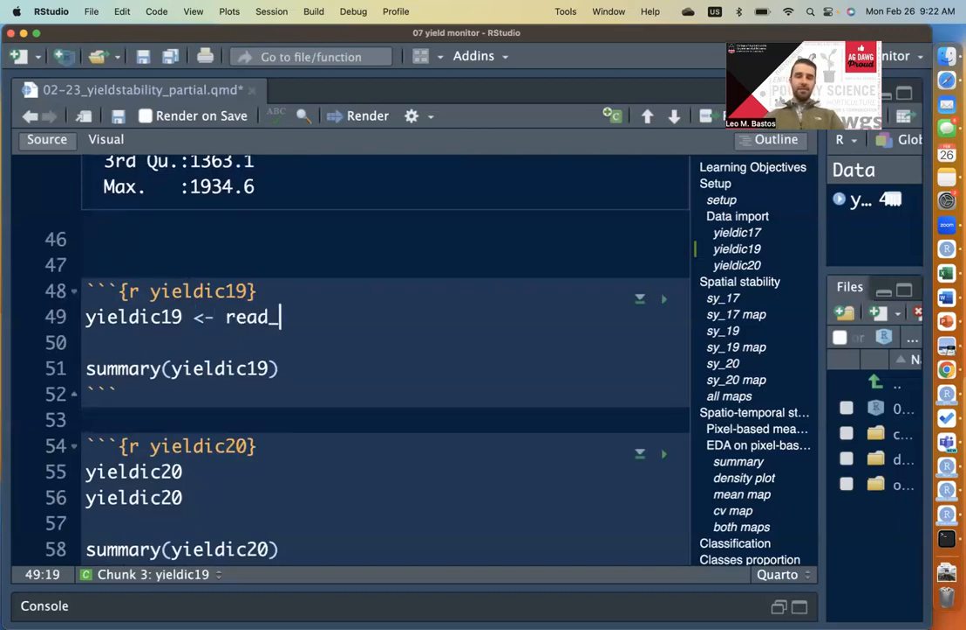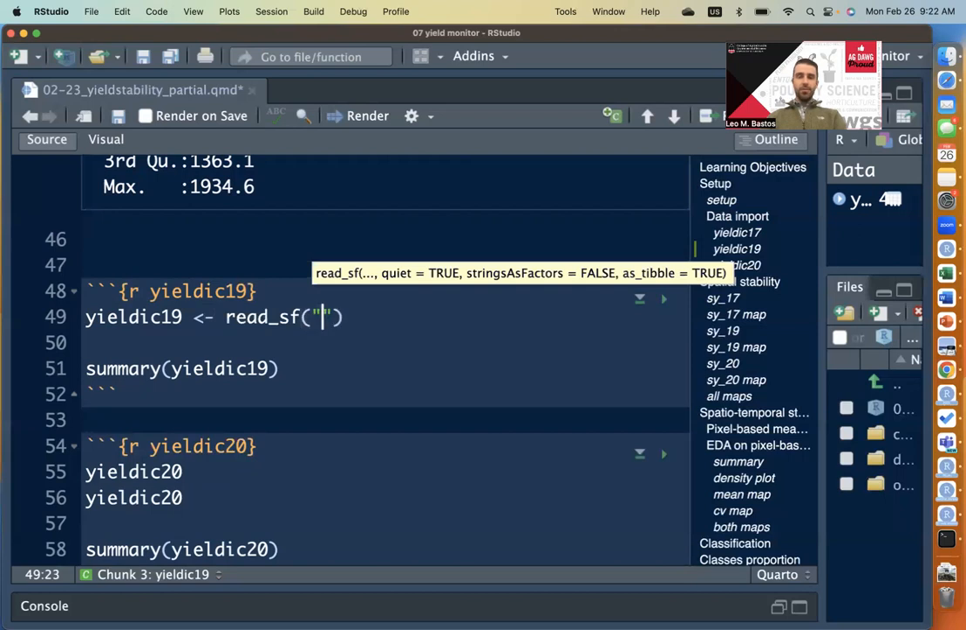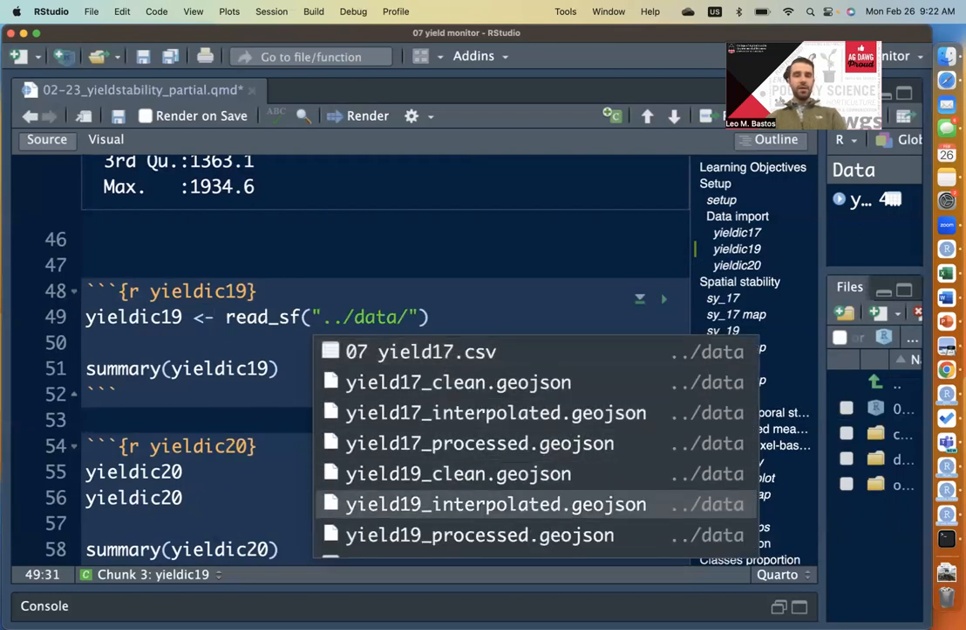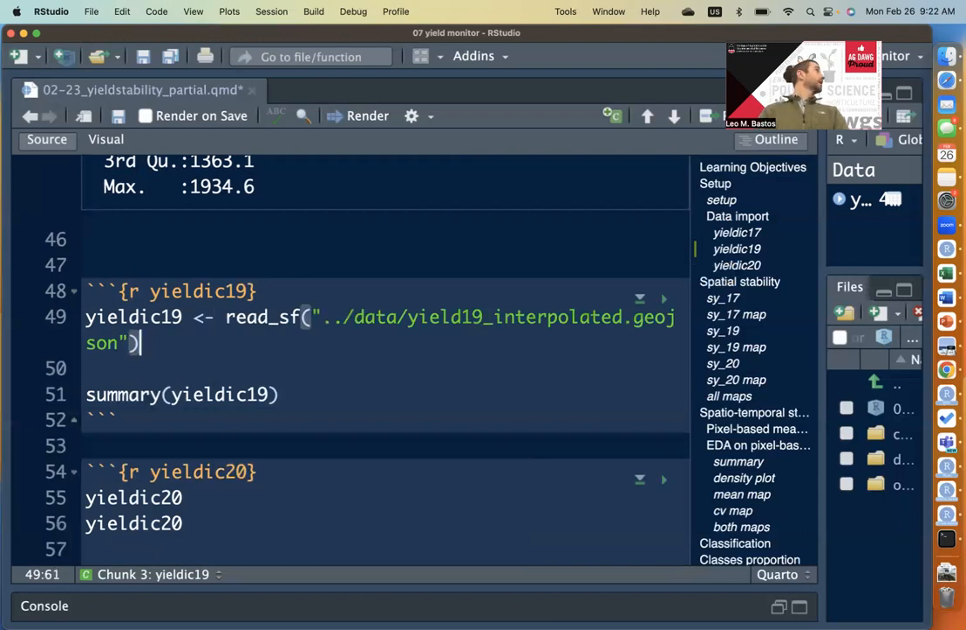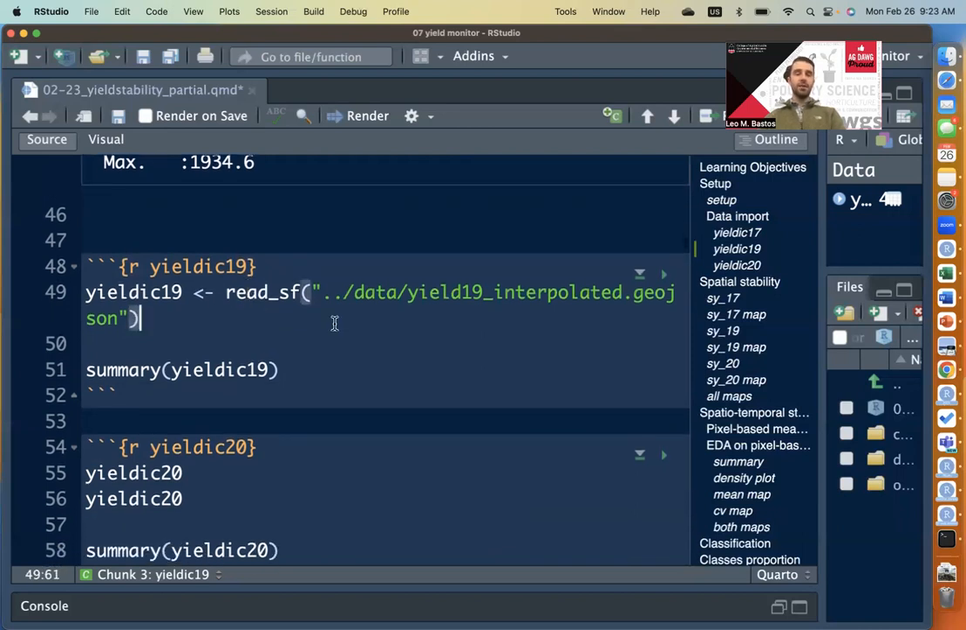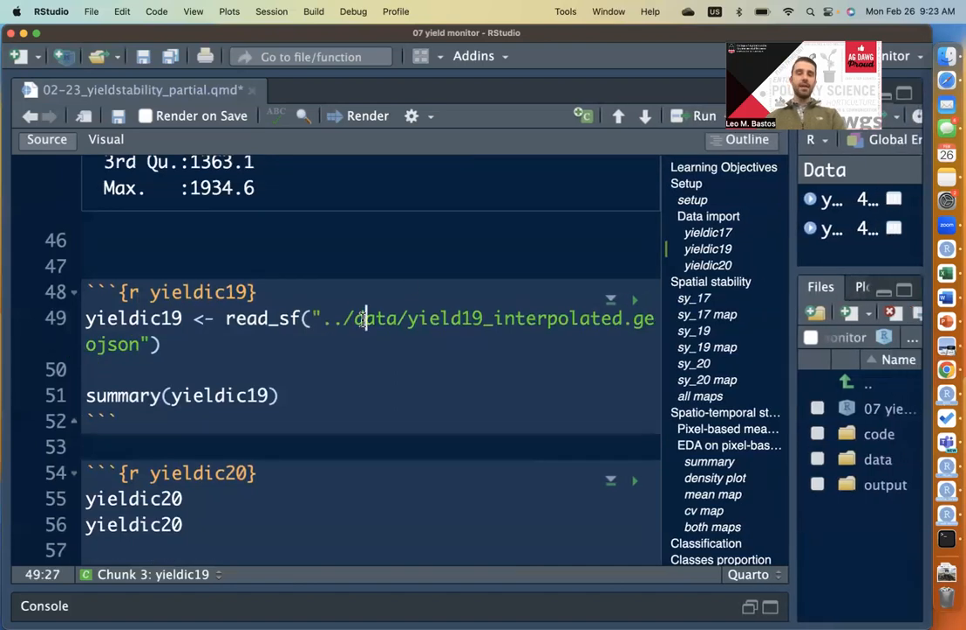So read_sf, open and close quotation marks, dot forward slash, go inside data, and you should look for the EO19 underscore interpolated. This is the one that you created. So maybe when you created it, I hope that you saved it in the right folder, or in the one that we were using in class as well. If you did not, then you're going to have to look for where you saved this in your site, but it should be in the data folder of the 007 EOMonitor